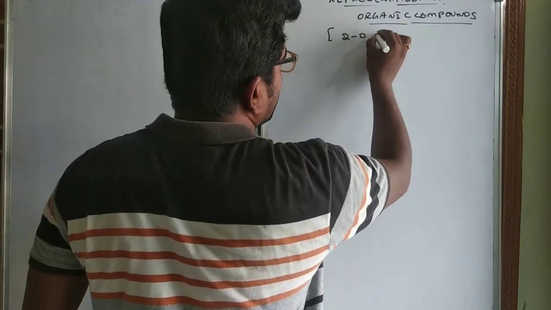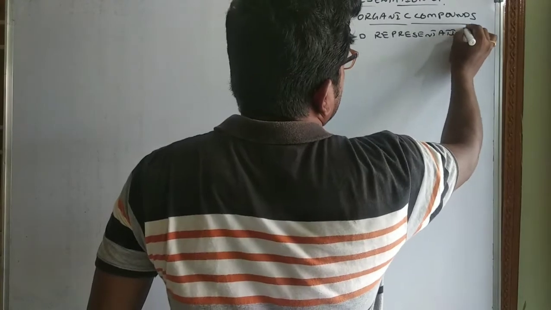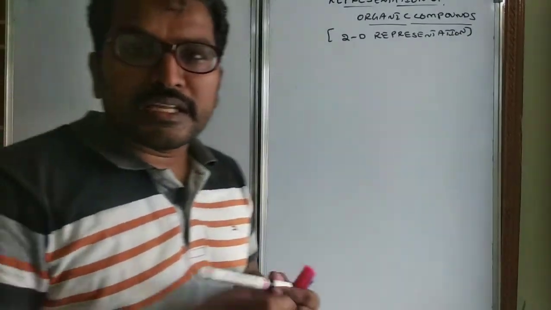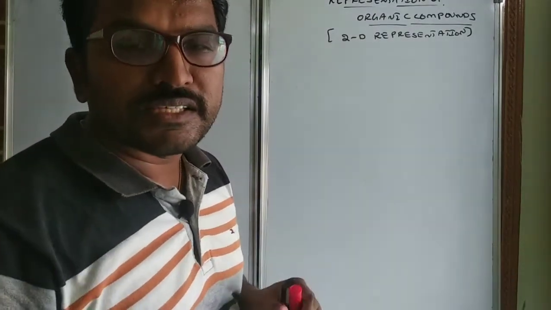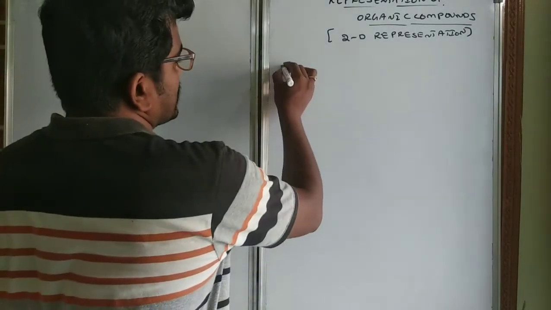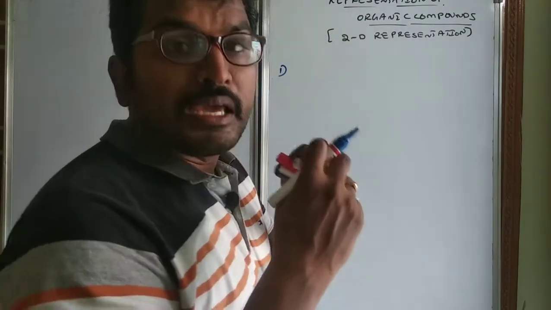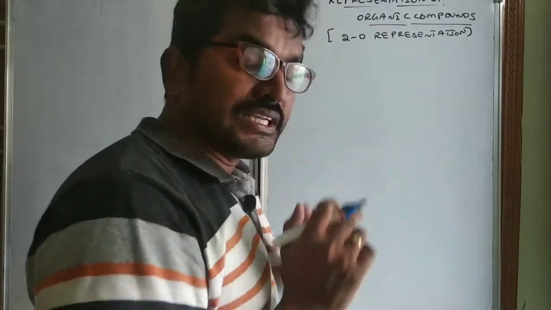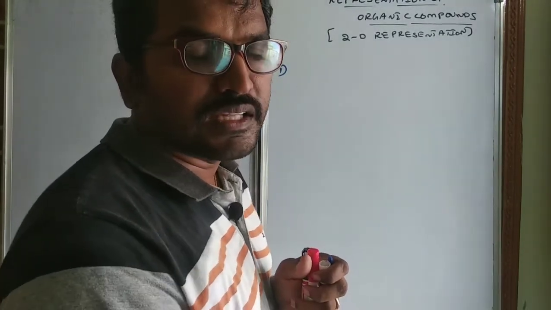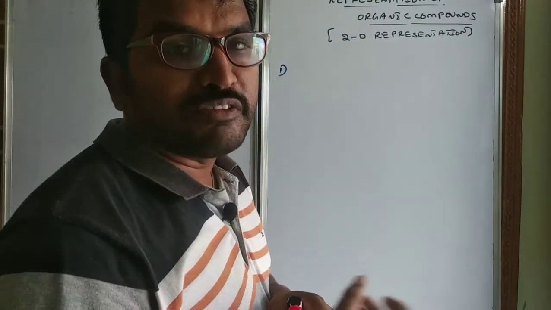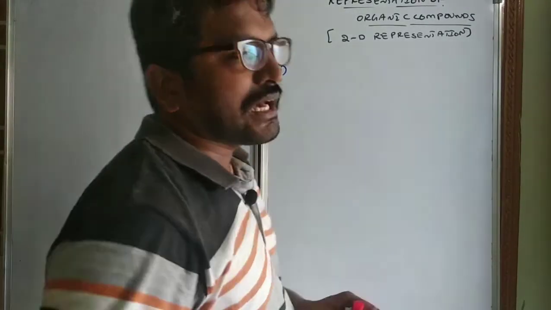Representation of organic compounds, that is 2D representation. Whenever we represent any organic compound in two dimensions, on paper, we represent only along the x-axis and y-axis. Every paper will use 2D representation only, and in 2D representation we can also represent 3D diagrams. That is what the Fischer projection formula, Sawhorse projection formula, Newman projection formula and solid wedge formula are. I will do these in a different video. Now let us see how to represent an organic compound.